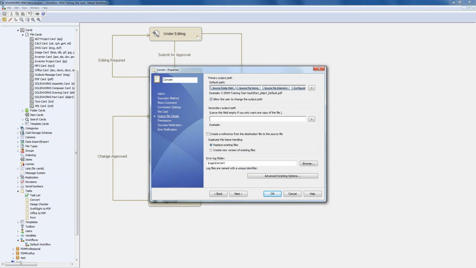And then you want to put some thought into where you want it stored. In this case, this is actually saving it in the default, but it's tacking on the original file name and the configuration, a lot of which I personally don't think is necessary. So I'm actually going to redo this from scratch. I'm personally a big fan of publishing PDFs in a standard area of your vault. So you can do your root folder path as an example. I'm going to add it, called it published, or let's call it released